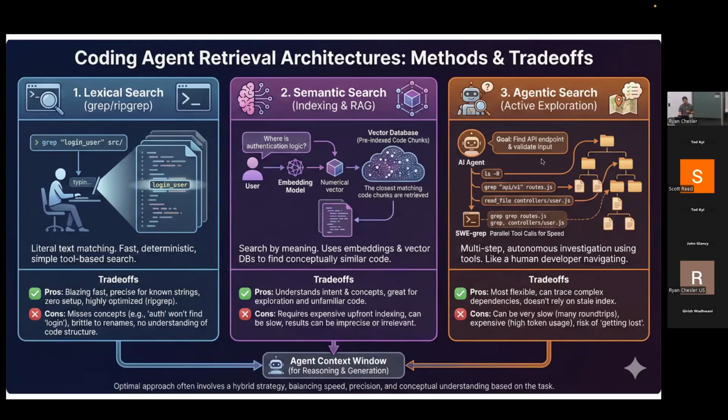And then a very popular one that has come up recently is this agentic search. So this ripgrep search is very fast. It's just your regular terminal command. This semantic search is also very fast. You index your code base once, and then when you make a query, it's able to find these things very quickly. The agentic search is potentially very slow because what it's doing is it's basically opening all of these files